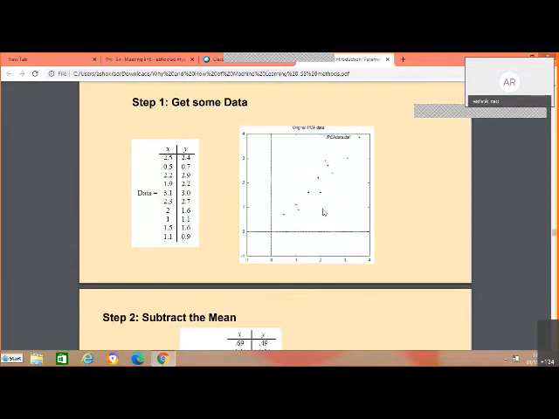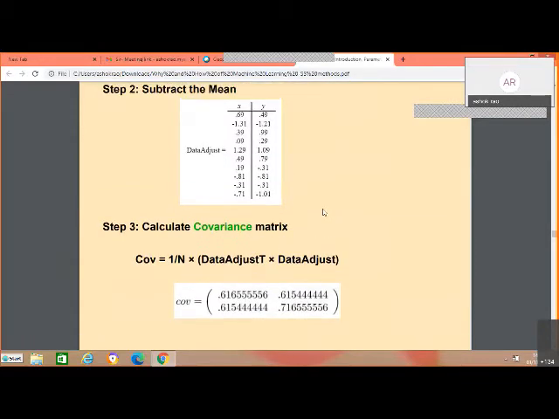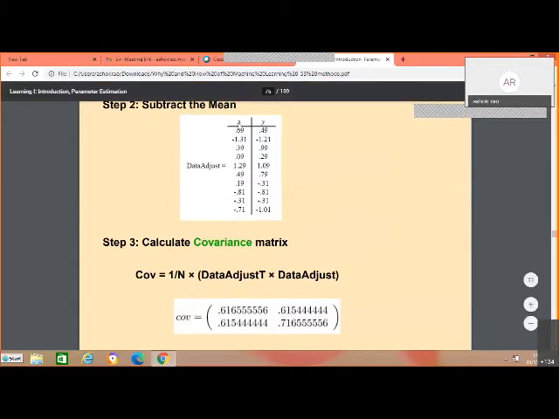What does PCA do? The first thing it says is take the average of x coordinates, take the average of y coordinates, and subtract the mean of x from all x, and the mean of y from all y, and the adjusted data looks like this. You see here suddenly you have negative coordinates coming, which was not there. Okay. Then this adjusted data is there.